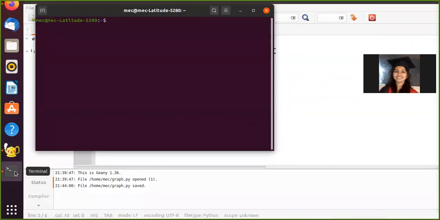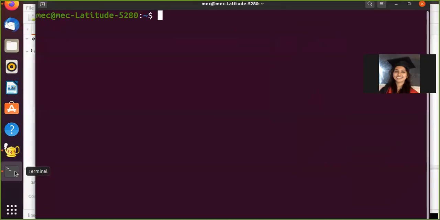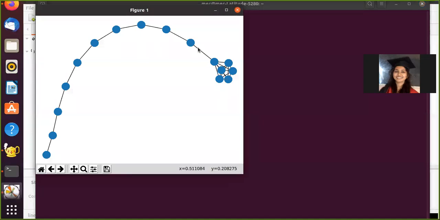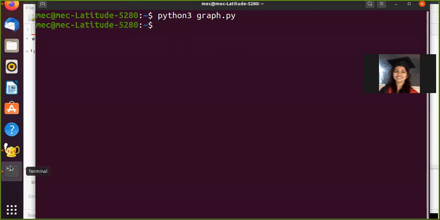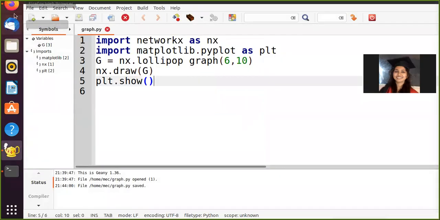Let's execute it and see. It's taking some time. Okay, you see here I haven't used the labels, so you can see we have a complete graph on 6 nodes which is connected to a path of 10. That's how you can use some of these functions. You can play around with these different kinds of graphs and see what's happening.